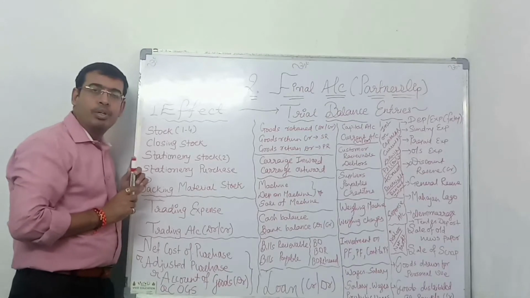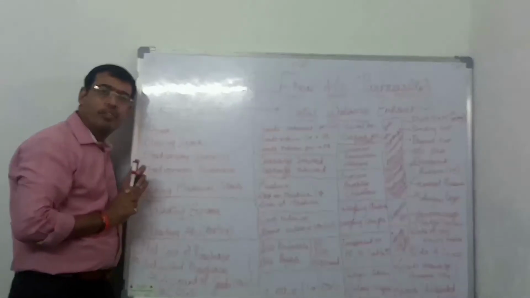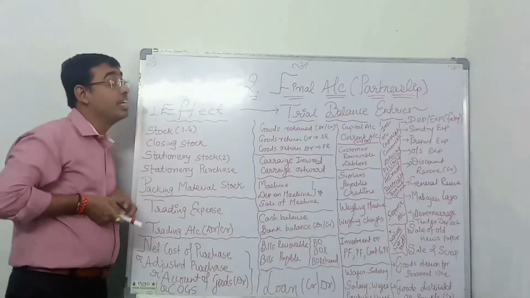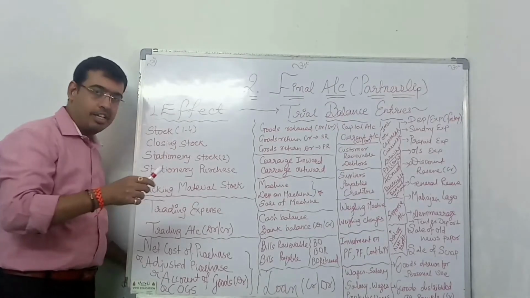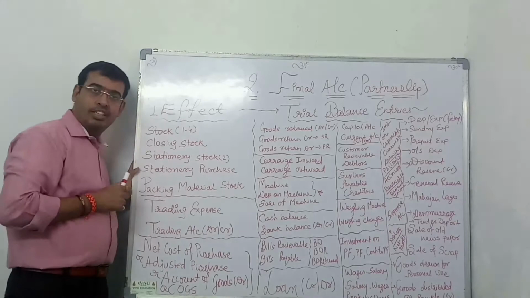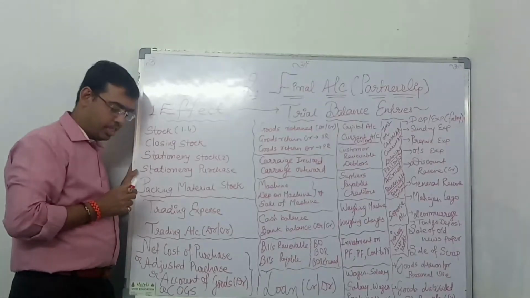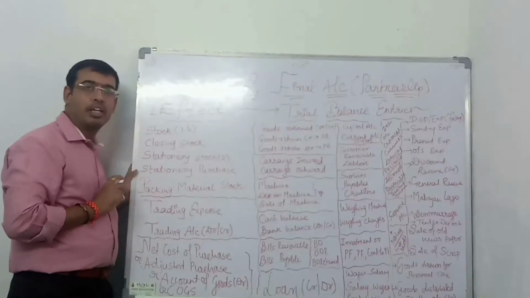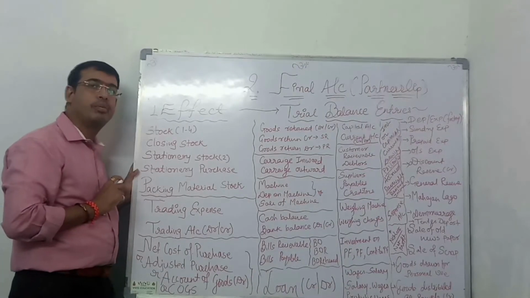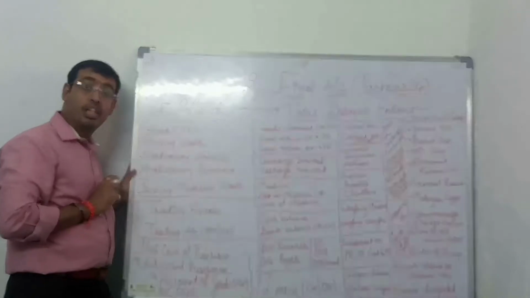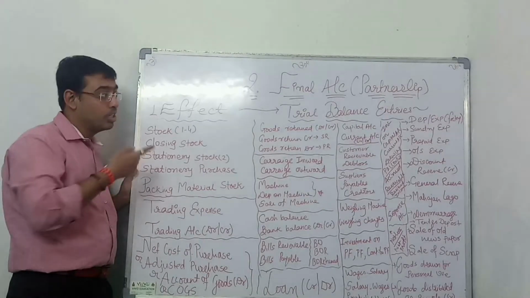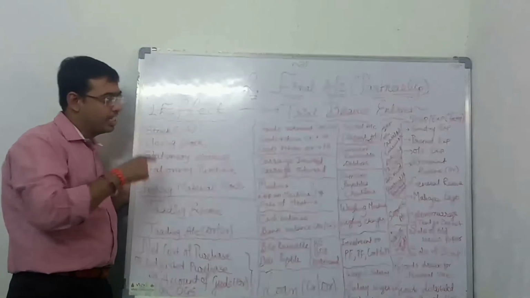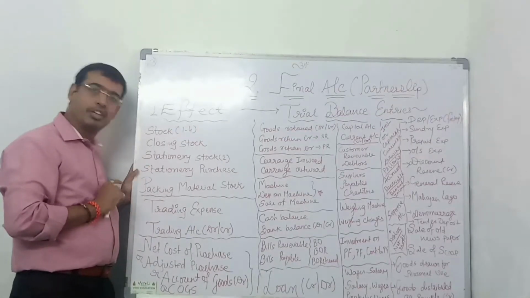Most of the time, those who don't have conceptual clarity follow a zigzag pattern, meaning they put everything in their own method, right? So it is not right. You are always in a hurry to complete this sum. However, if you are fundamentally clear, you should attempt it first. I advise you to do the adjustments first, then put the trial balance entries quickly so that your answer will come.